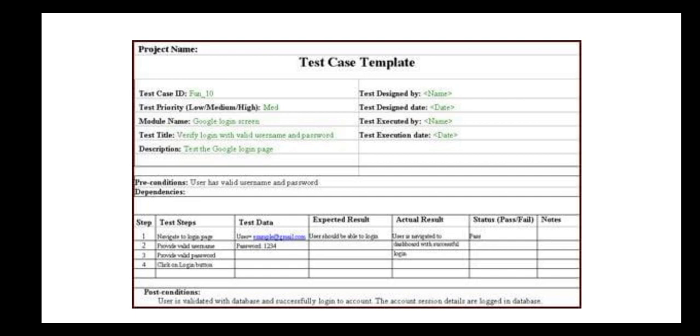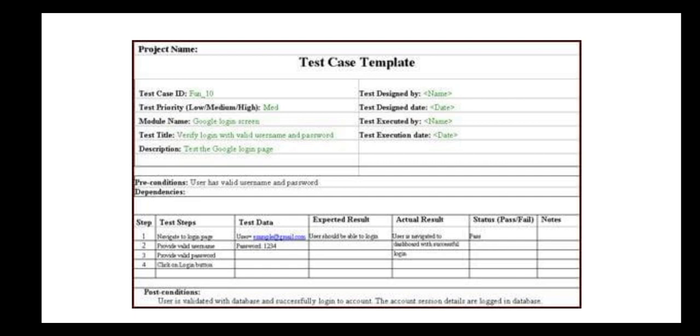Here some fields are missing, like a test description is missing, where you need to describe what is the actual need of that particular test case. This is the test data. Test data means nothing but input data which we are going to pass at the time of execution. Before proceeding with actual execution, we need to mention the expected result of that particular test. Means after executing the test, what result you want, you need to specify here in the field of expected result.